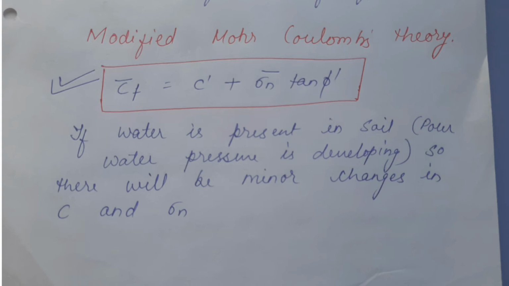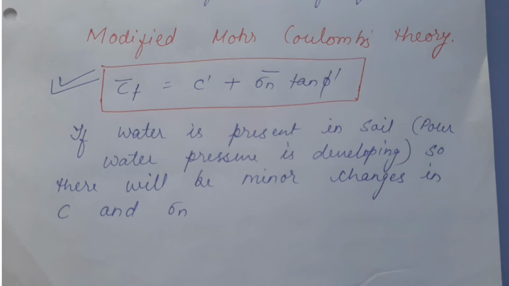Now what if water is present in the soil? Pore water pressure will develop in the soil. It is obvious that the soil is not going to be dry all the time. It might have water in any case. So there will be minor changes in C and in sigma n. Now the modified Mohr-Coulomb's theory